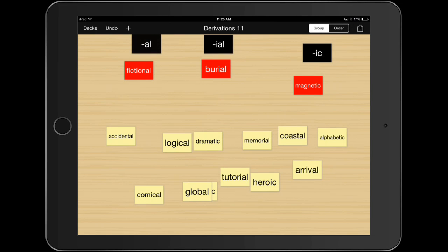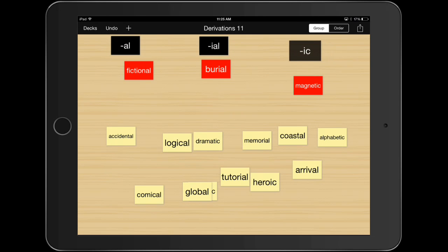This is the word sort for December 1st, 2015. This sort will probably be pretty easy for you guys to do all by yourselves. You're going to place the black header cards AL, IAL, and IC at the top of your deck, and then